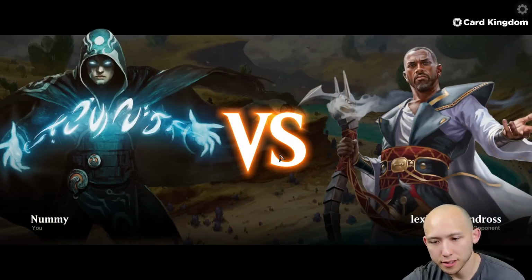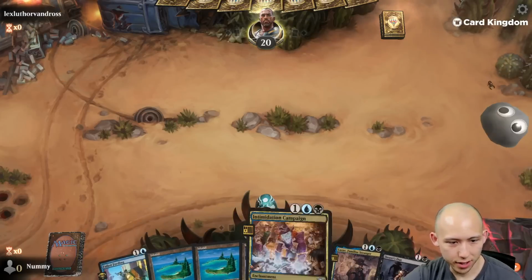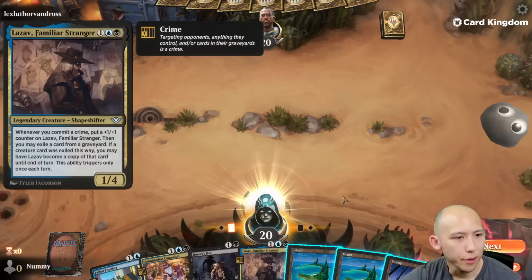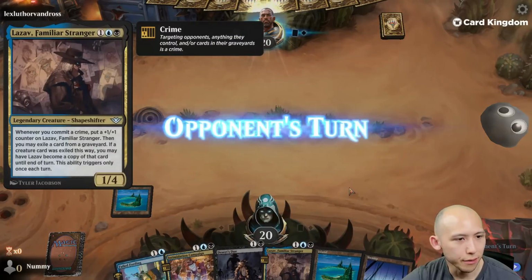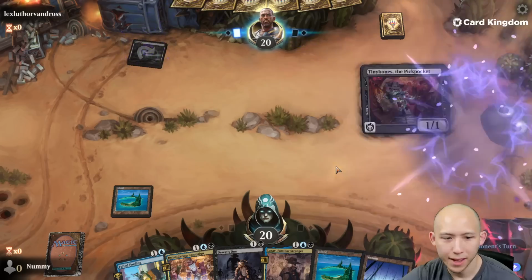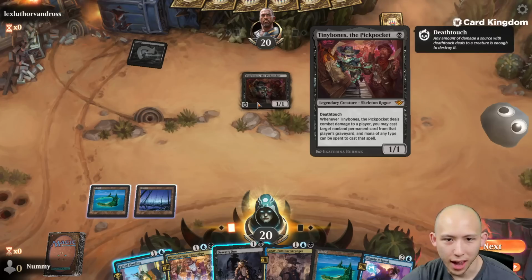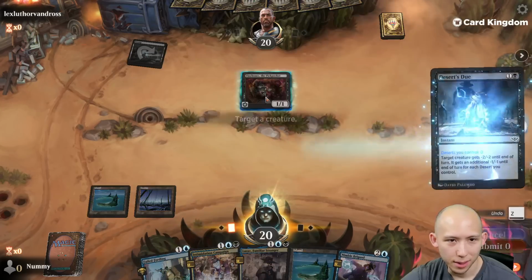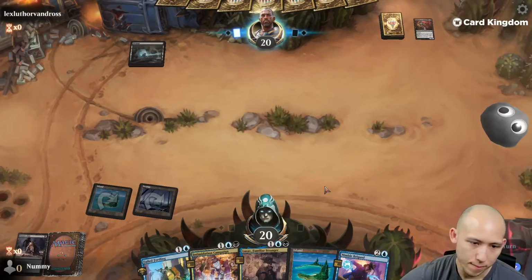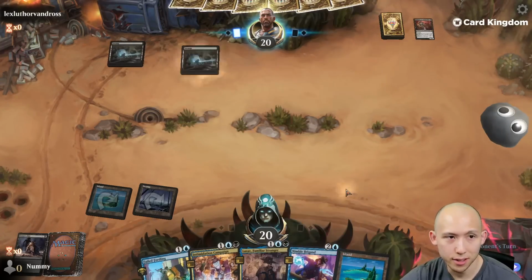Yeah, quick 2-in-1 start here. And, oh man, this is a very good opening hand, huh? Whenever you commit a crime, put a 1/1 counter on Lazav. Then you can exile a card from a graveyard. Okay. Tiny Bones! What do they get to do with this? Cast? I'm just gonna kill that off right now. I could let it sit on the battlefield, but I'm gonna go Brigand next turn anyways, so...